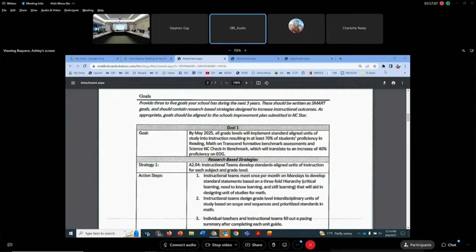So put a $ sign outside of that, and let's say, what does that cost? Purchase science kits for each grade level, $ sign. Purchase science literacy books, $ sign. Purchase reading manipulatives, culturally relevant classroom book sets. Purchase. If you put a $ sign outside of each of those, and then go down to your goal 4